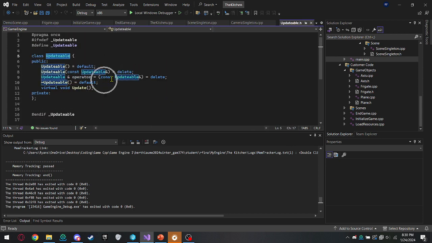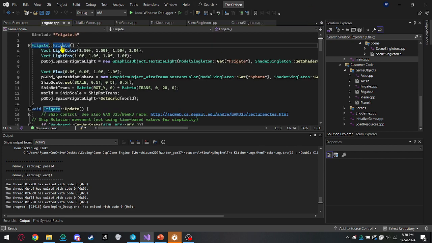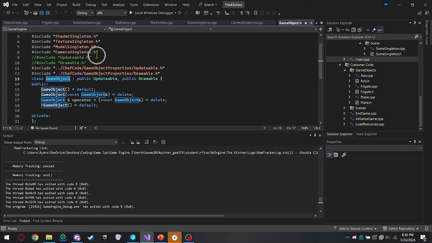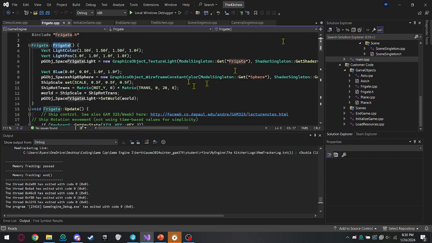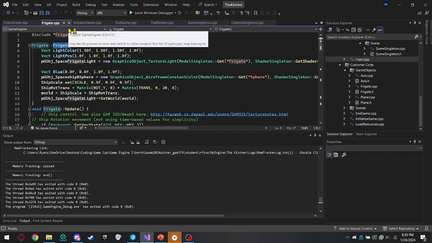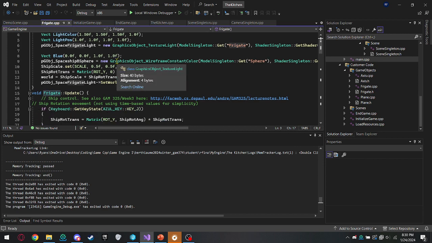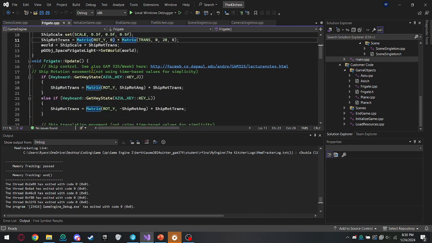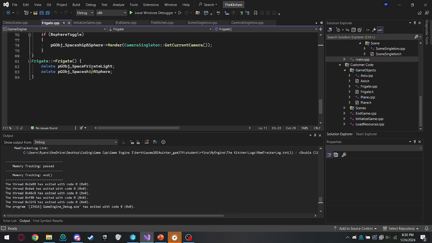This inherits from updatable and drawable, which have an empty function for update and draw. This makes it so that the users don't have to define them if they don't use them. They're both already predefined. The scene's functions were also all empty so that the compiler won't complain if the user doesn't define them themselves. So here we've got the frigate's initialize, then the update, then the draw, and then it